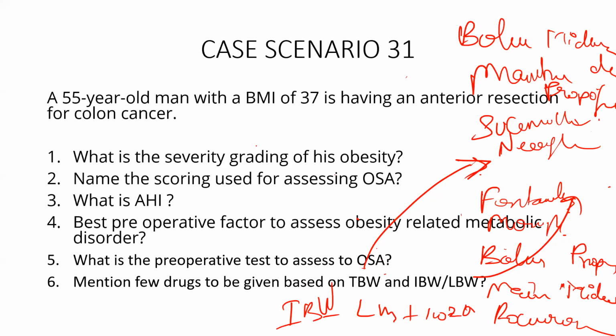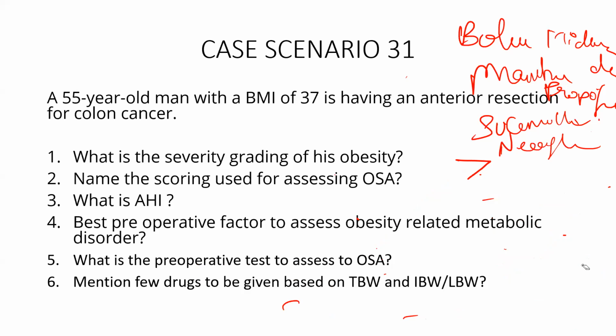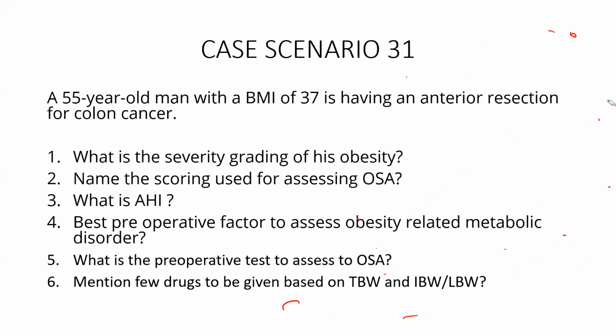Right. Good. Any questions in obesity? Sir, how to calculate lean body weight? Ideal body weight is lean body weight plus 20% of lean body mass. Sir, how to calculate lean body weight? That's a big calculation, with age square, height square. It's very difficult. It's a mathematical calculation. If you know the age, height, and weight, there are calculators which you feed them, and that will give you the lean body mass, lean body weight.